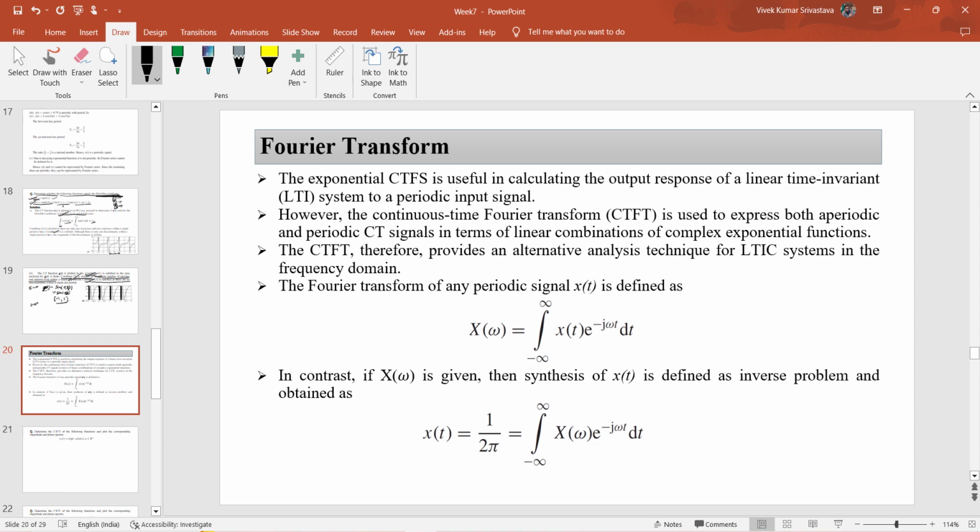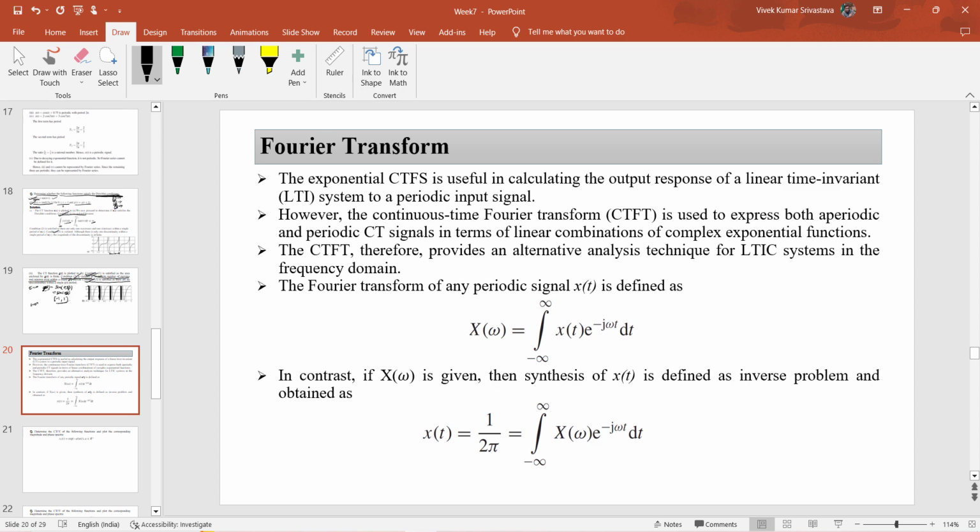Let us first see why to study this, what is the need behind studying the Fourier transform. As we know, Fourier series is used to represent or analyze the response of a continuous time signal which is periodic in nature. We cannot use the Fourier series representation for an aperiodic signal. So to analyze any aperiodic signal, along with a periodic signal, we will use the Fourier transform method.